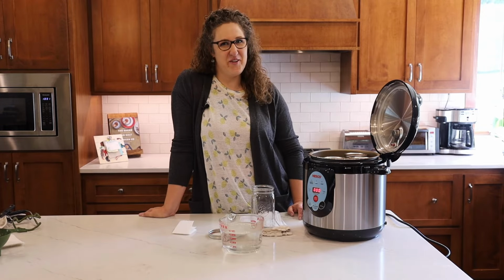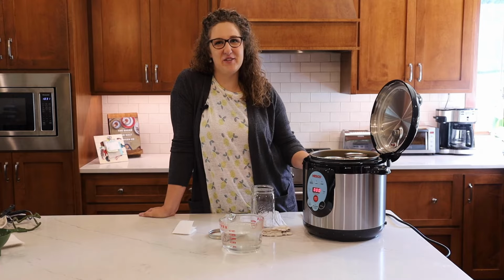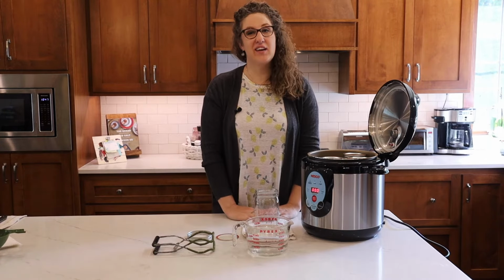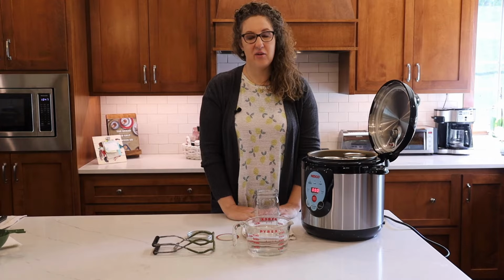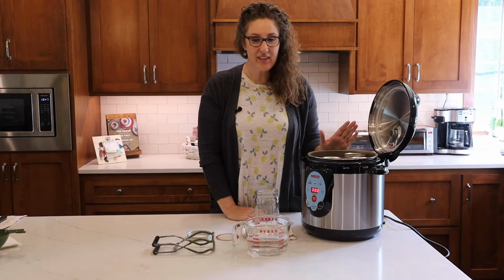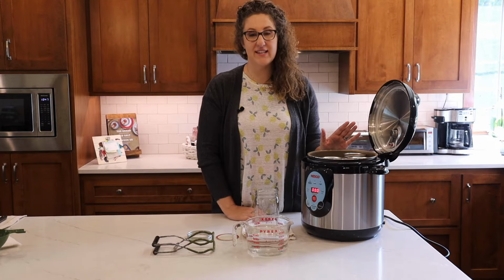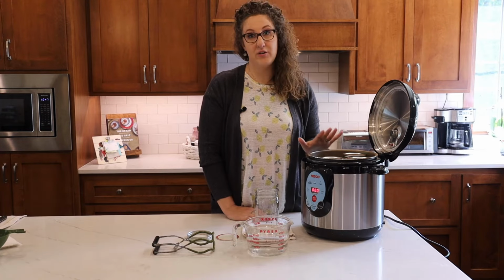I'm working with NESCO and I wanted to demonstrate for you today their Smart Canner. Alright, so today we're going to practice using this NESCO Smart Canner in a low stakes method. We're going to can water. The NESCO canner holds 4 wide mouth quart jars very nicely, and 8 cups of water are used to operate